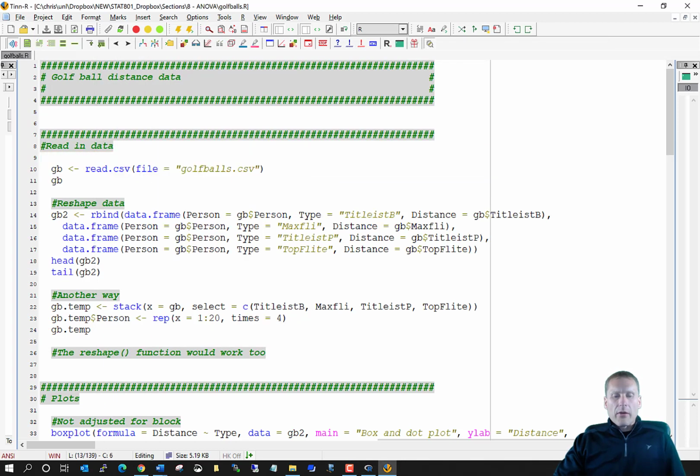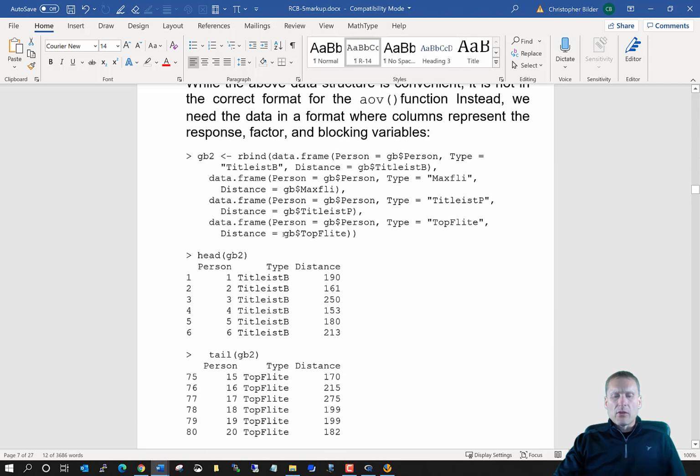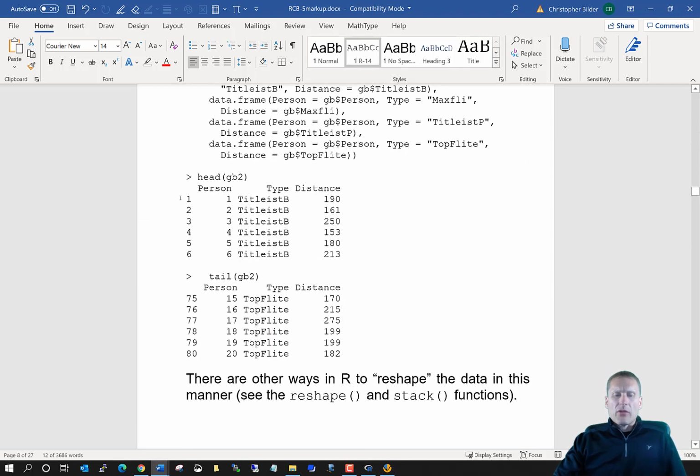Now, what I'm going to need to do is reconfigure my data so that I can do some plots with it. Let me actually show you the final result. Again, here's our data where each row represents the results from a particular person. What I'd like to do is reconfigure the data so that